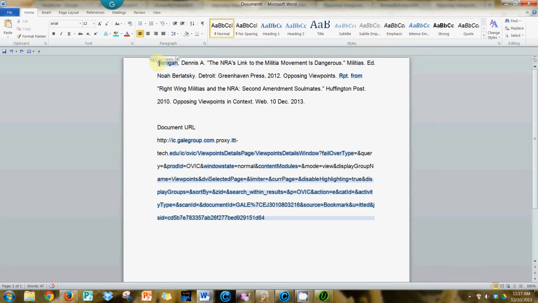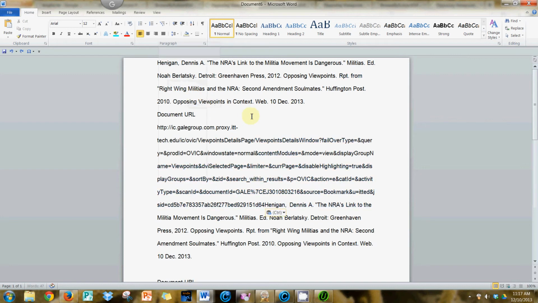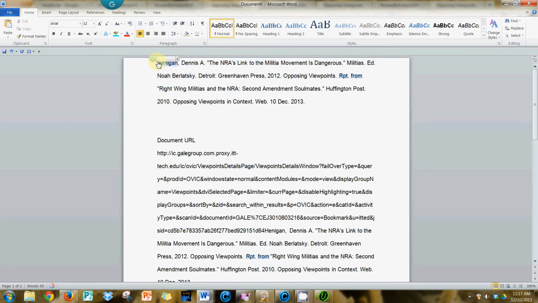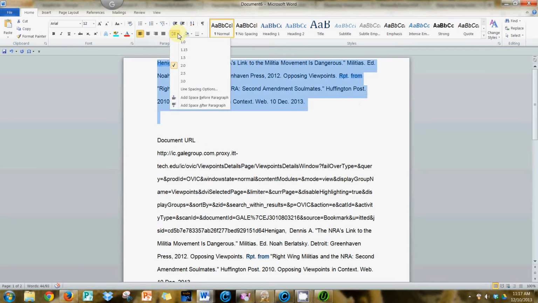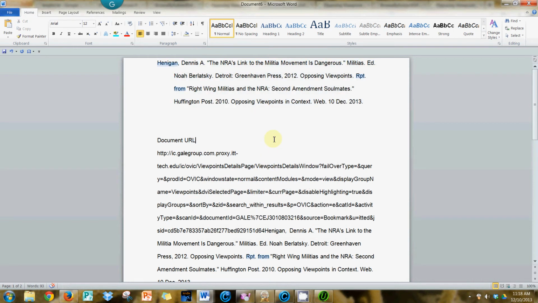So I've used the other button for the pasting. I used this particular one. But either way, what I'm worried about is this first part. I simply am going to highlight it, going up and making sure that it's at the double spacing. I then go to line spacing options, special, hanging, which is a hanging indent. It's going to indent this properly done according to APA. That is how that entry is done. Okay, now let me show you